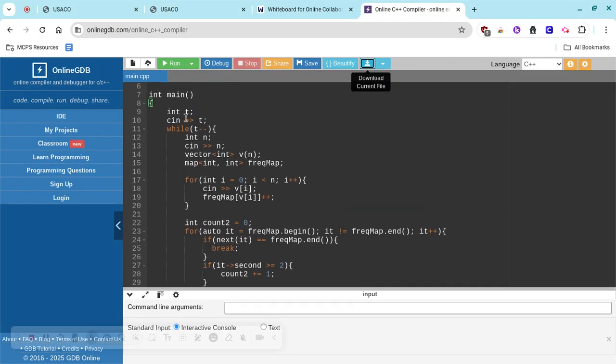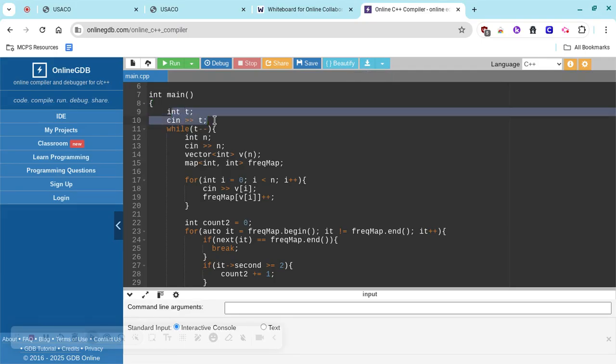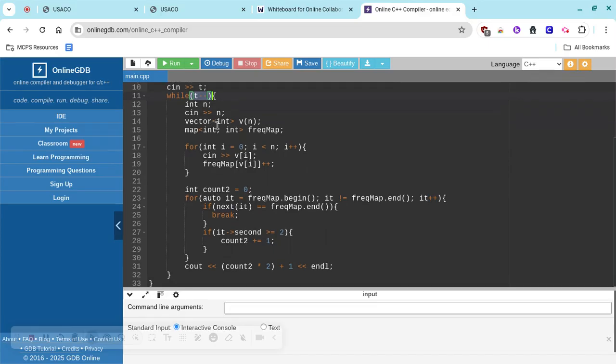So notice how I'm inputting the test cases first, and then using a while loop to loop through the test cases, inputting n, and then creating a vector for my cow heights. And then here we're using a frequency map. Basically a map's really good because it's automatically ordered. We don't need to sort our data structure afterwards, because in this case the map is already going to be